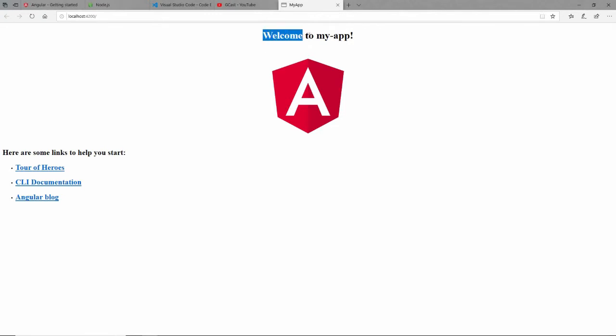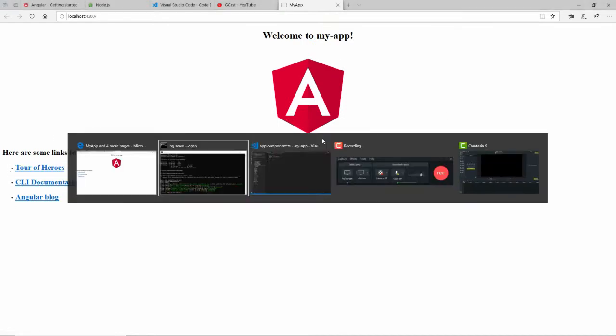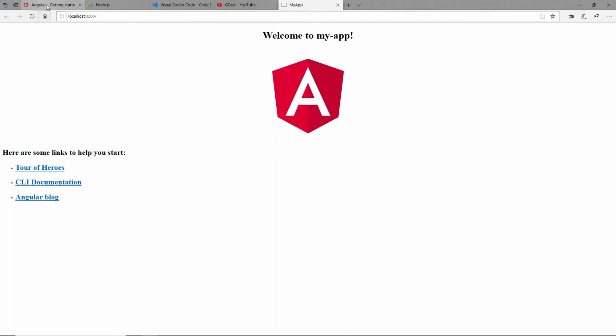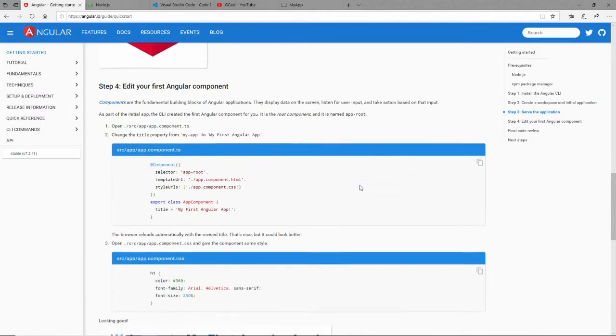And you can see, there it is. Welcome to my app. So welcome to is hard-coded, and that variable my app is right there. Here's those links that we talked about. There's an image in there as well. And this is the sample of what we're going to do. If I go back to here, then